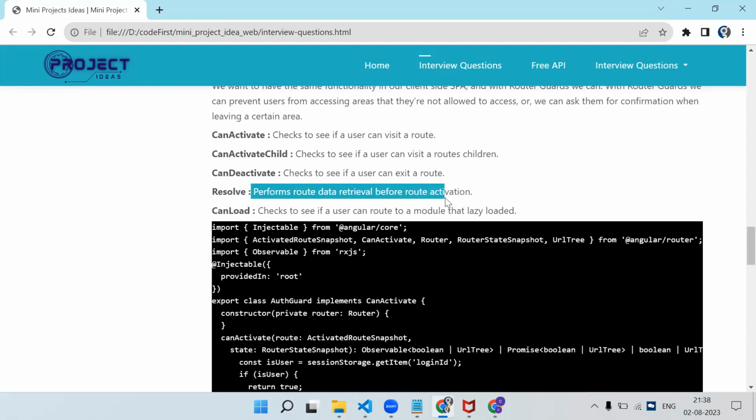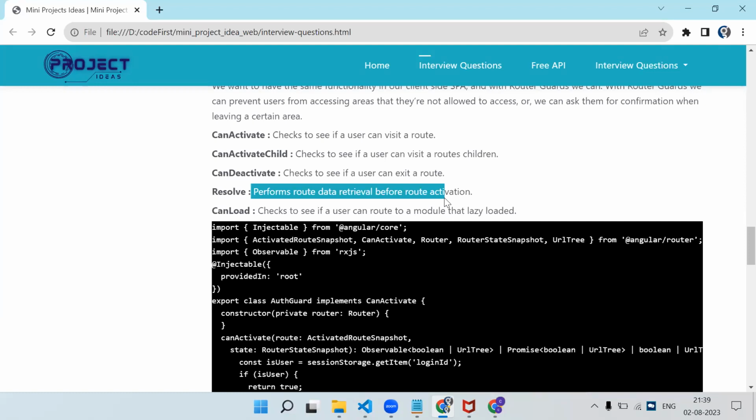Resolve is like, let's say before loading the page, you want to make an API call and you need to get that API call data before loading the component. Consider a scenario where your page labels or data is coming from the API. So before loading your component, you need that data ready, right? Because if your data is coming from the API, what are you going to show? You cannot make the API call in a constructor or ngOnInit. You need to load the component only once you get the data, right?